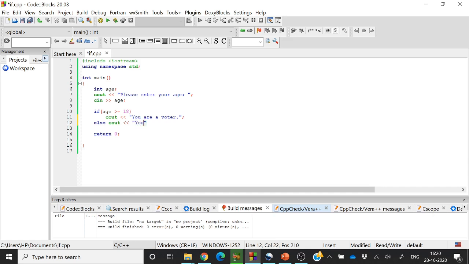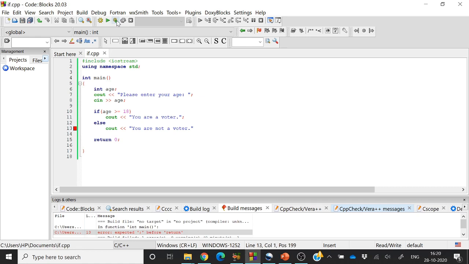Else cout you are not a voter. Again we can put these two things in separate lines. There is an error, expected semicolon, so I put a semicolon here.